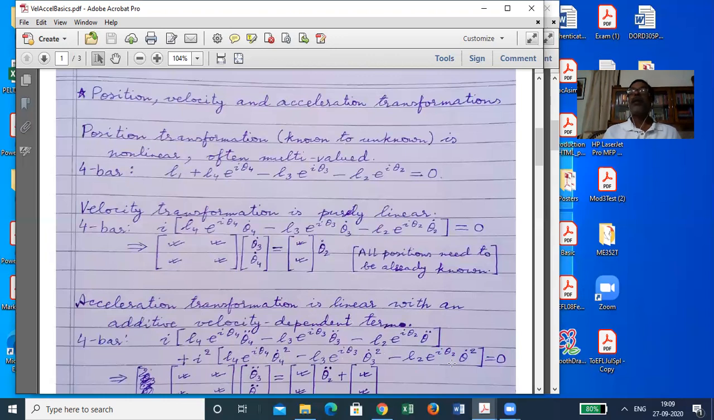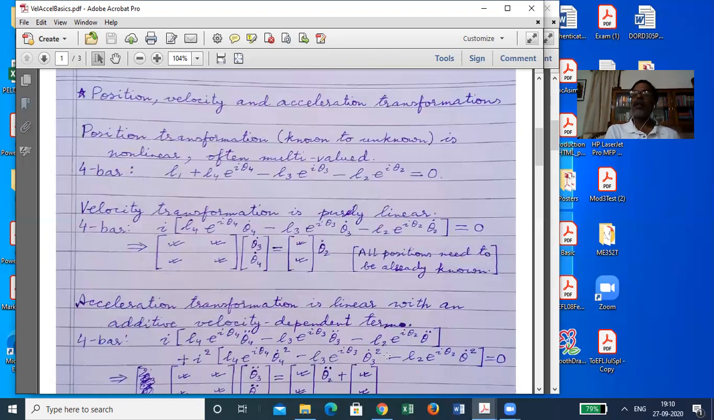Since before starting analyzing accelerations, you would have determined all velocities. So this entire thing I am putting as a single velocity dependent term. That is putting all those terms together because these are known. So this is also linear, but there will be a constant term in this. So this is not purely linear in the sense that